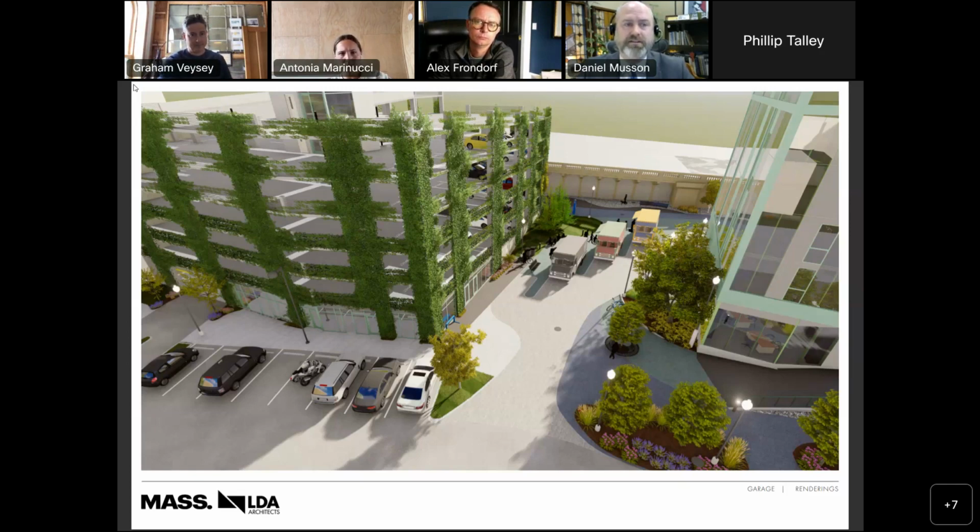Yeah, so that's part and parcel with a close of finance. The program doesn't change, just like the signage. The financing isn't contingent on the signage package.